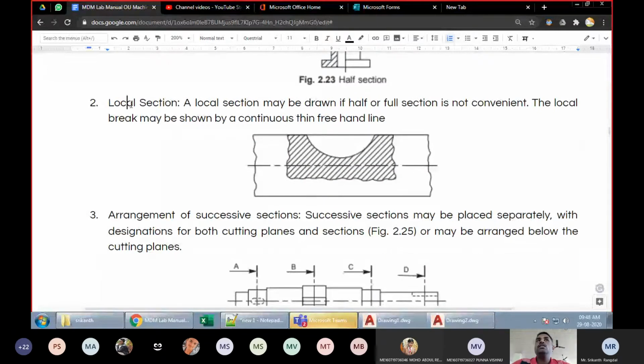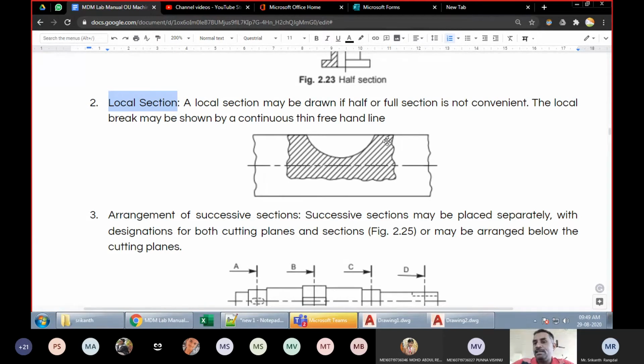Then we have something called local section as well. What happens in local section is we want to show only a part of the object in section, and we don't want to reveal the whole block because the total block may be a bit more complicated. Only a part of this we want to show in section. Like this groove is present inside a rectangular or a cylindrical object, and from outside, it will appear as a dotted line.